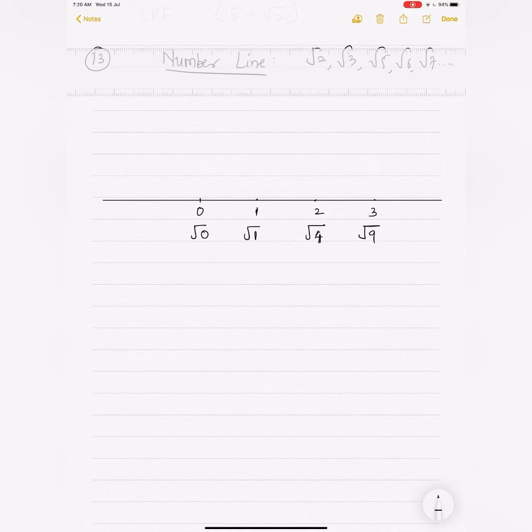So basically, if you noticed here, all those roots, if I ask you to plot a number root 2, root 3, they'll obviously come between what? Root 1 and root 4. So between 2 and 3, there are more irrational numbers that you can mark. Root 5, root 6, root 7, root 8. Okay, so we are learning right now for the root 2 and root 3, we'll mark in this picture. So let's start with this now.